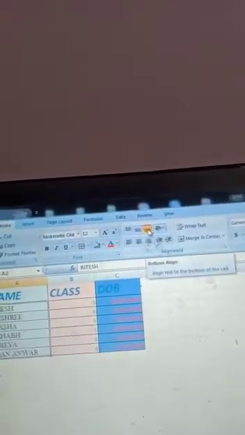Select that range in which you want, then you have to select it, and by default this is the bottom align. If you want middle or top, okay, and look here, which type of alignment you want, select it, and then you have to do this. Okay, left align. If you want right align, then you have to do right align. Okay, that is very easy.